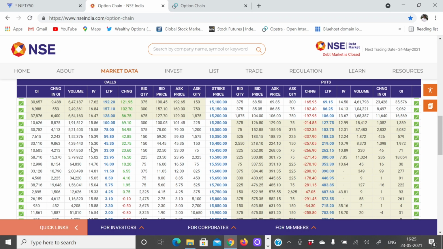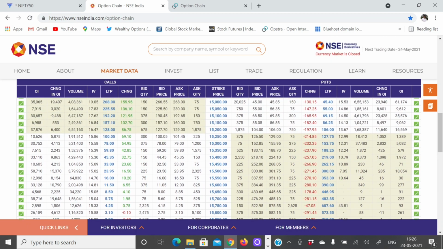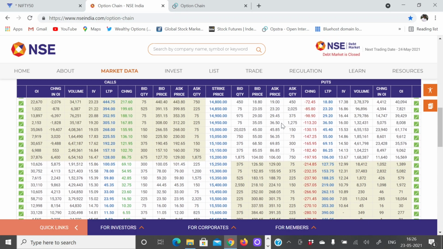If somebody wants to sell a higher premium, and they are looking for a strike which is trading with a high IV, so high IV means options would be priced higher, they can choose from here. And if you want to look at the strikes which are trading with a low IV, you can choose from here as well. So basically from this option chain, in just one view you can understand which strikes are trading at what implied volatility.